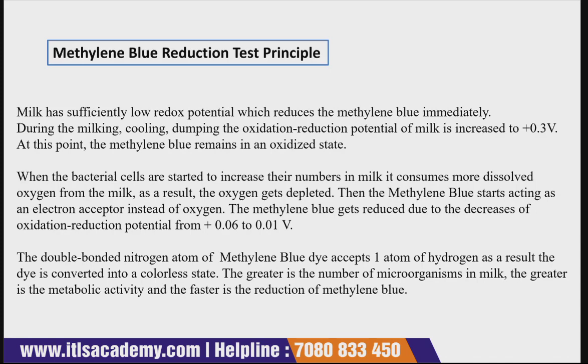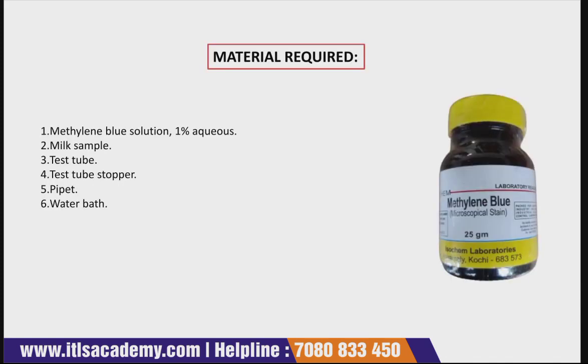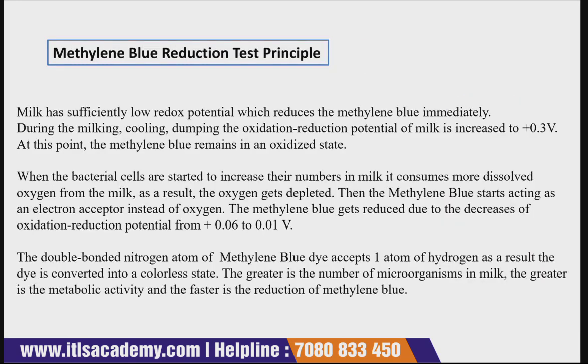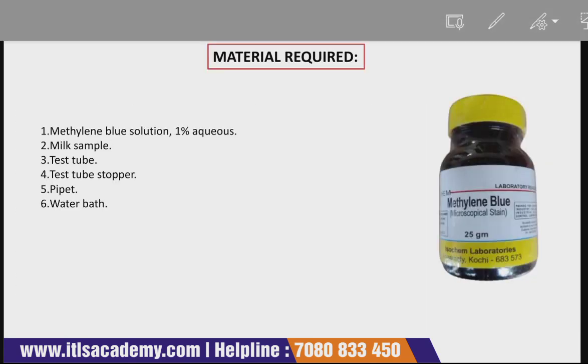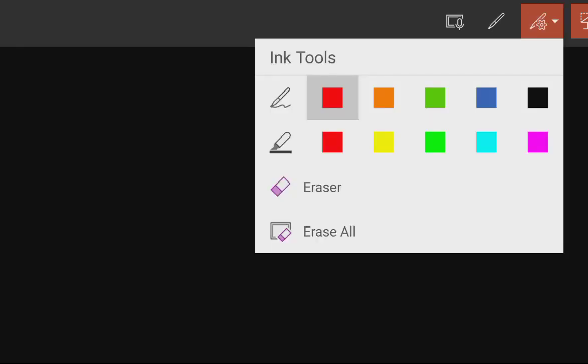So the time taken by the dye to get reduced determines the amount of microbes in the milk and the metabolic reaction in an organism. I am just writing this because sometimes in examinations and in interviews this question generally arises, so you can note it down somewhere,